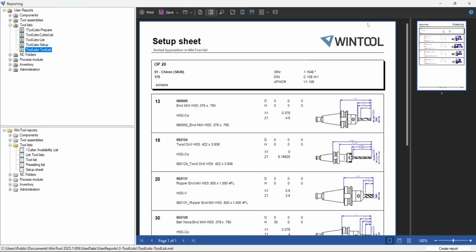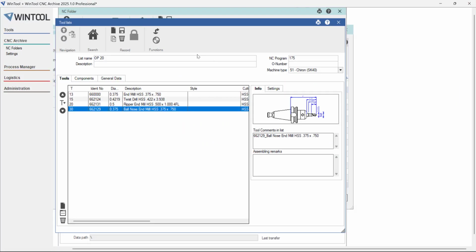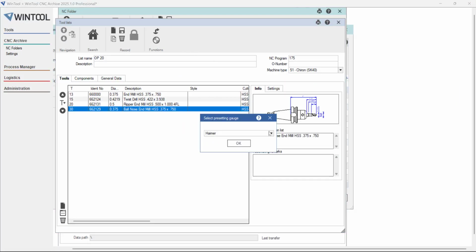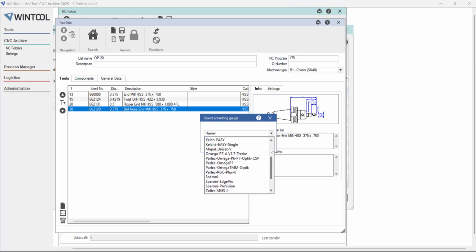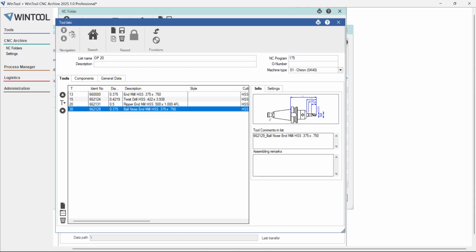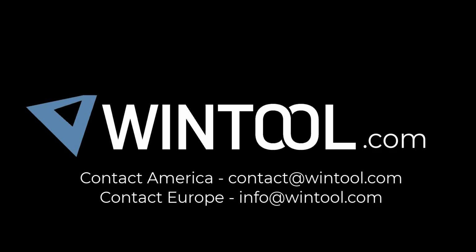I can also click to send all required tool data to the presetter, which support all major brands, including tool type, geometry, nominal and min-max values, program number, etc. Seamless integration, the